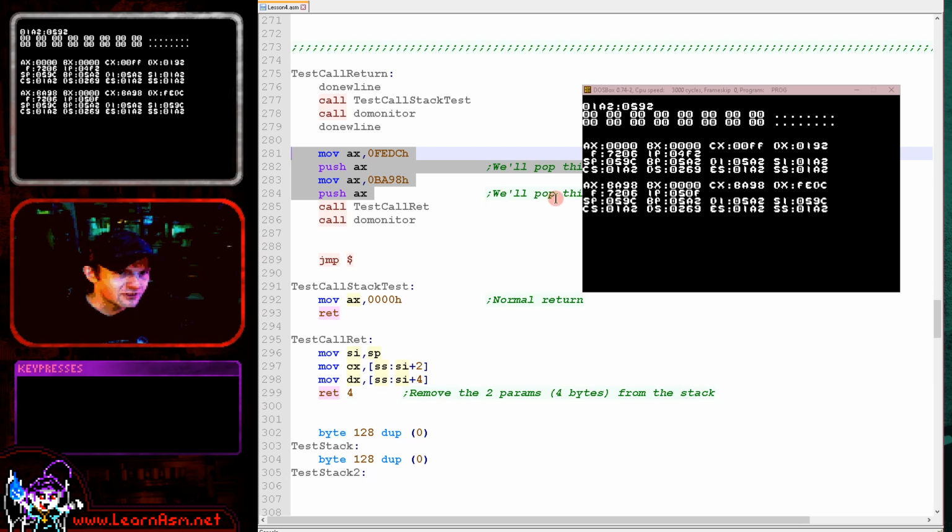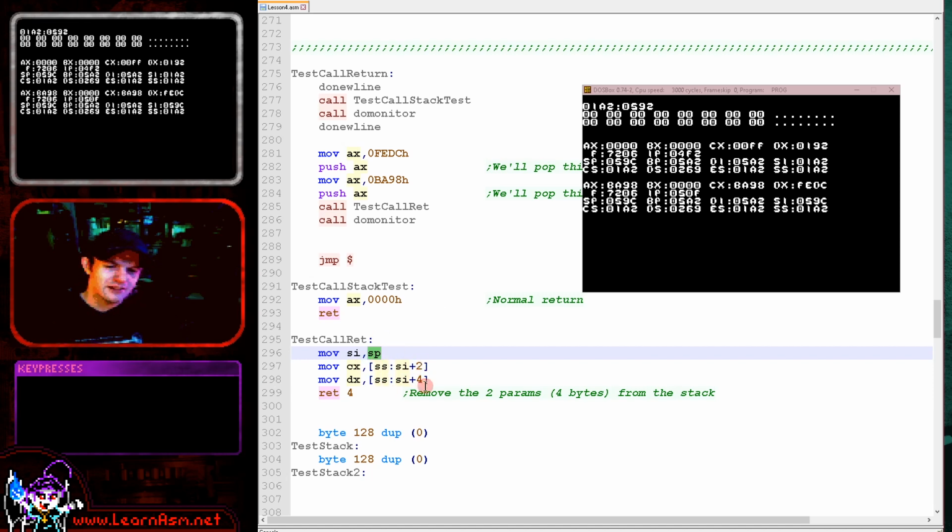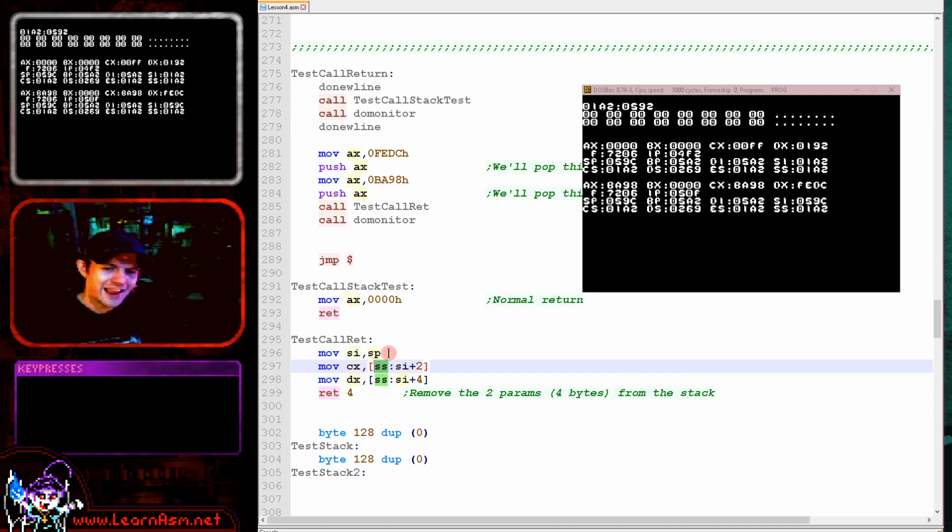And so you can see here, AX obviously contains the last one of these, and then it's called our subroutine just here. And this has loaded our stack pointer, which you can see just here, into SI, which you can see just here. And SI is the source index for strings, but we're just using it as an offset here. And then we need to specify the segment. We're specifying SS, which is the stack segment, because you see the address that the 059C refers to here